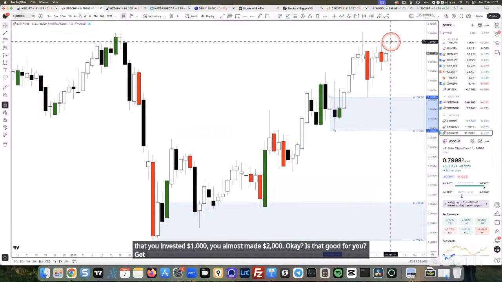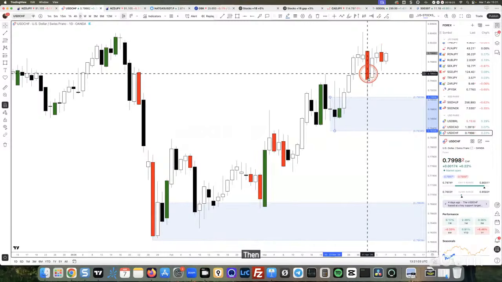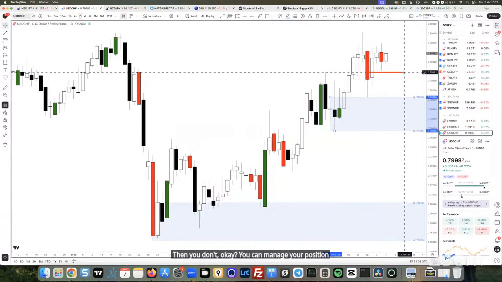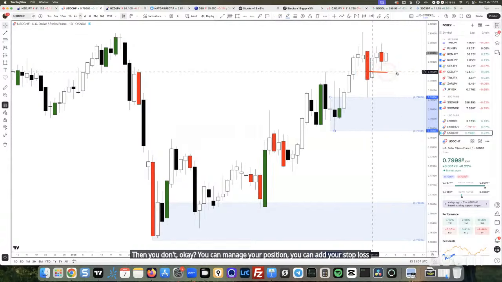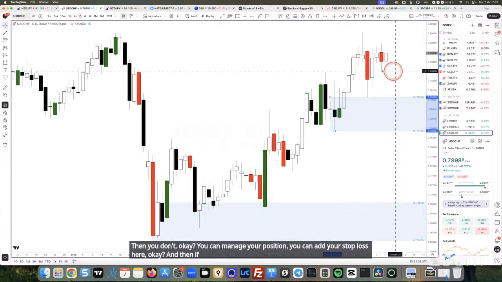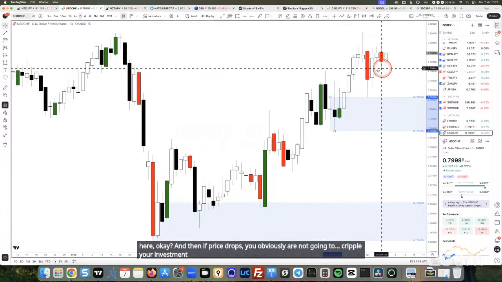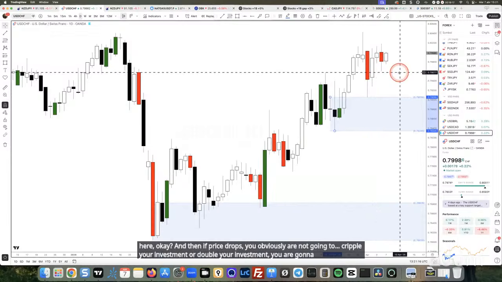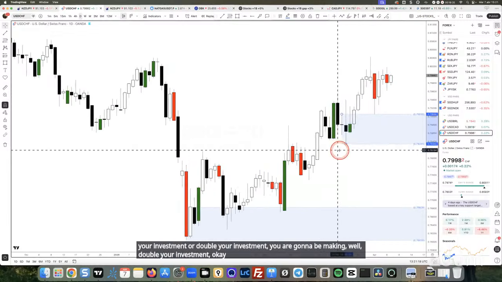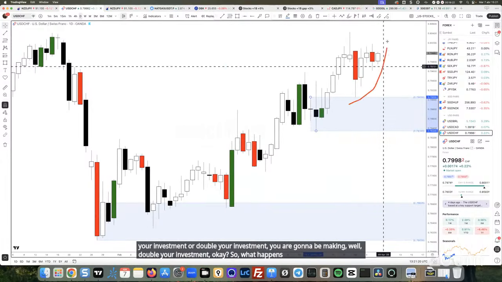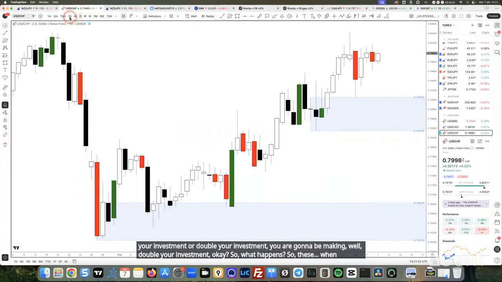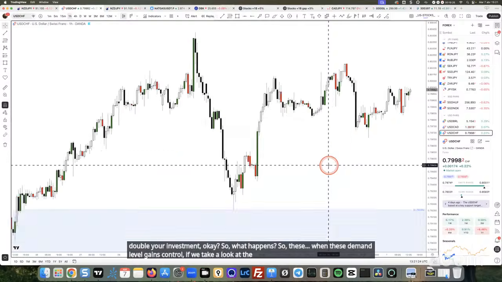Get out. Then you don't. You can manage your position. Maybe you can move your stop loss here. And then if price drops, you obviously are not going to triple your investment, but you are going to be doubling your investment. So what happens when this demand level gains control? If we take a look at the smaller time frames,